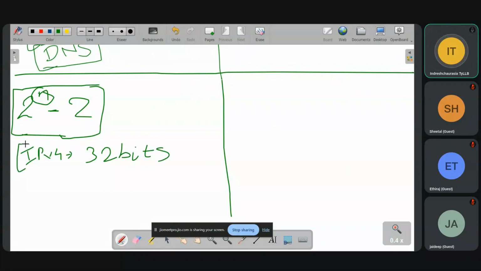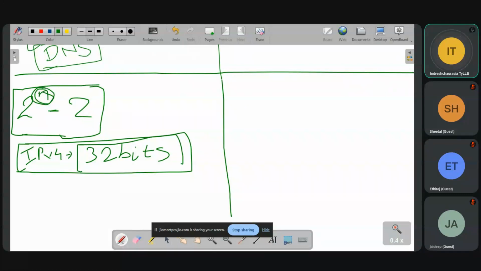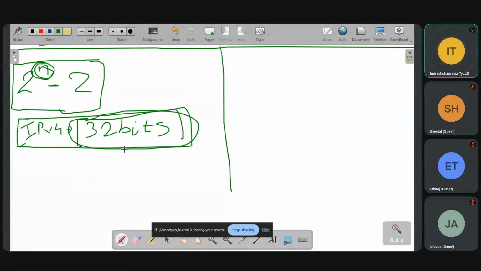This is n, a 32-bit IP length. So we get 2 raised to 32 minus 2. This is the number of IP addresses available over the world.